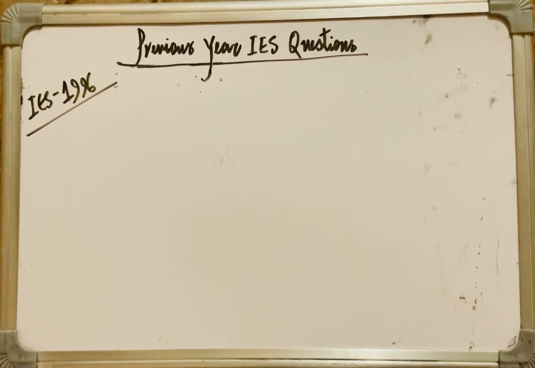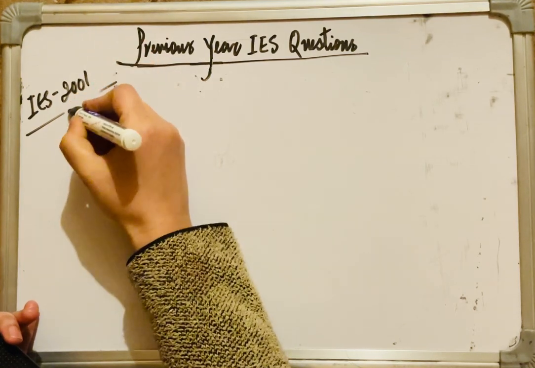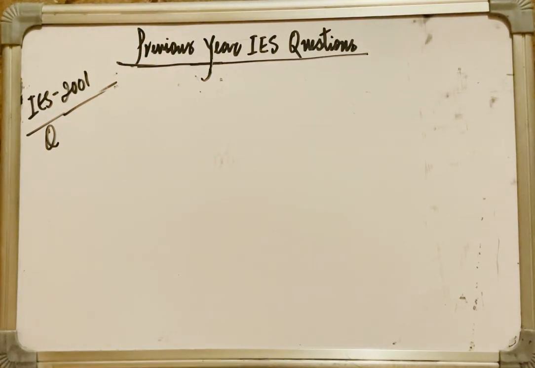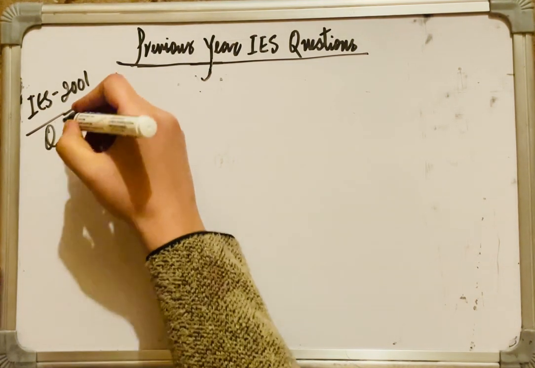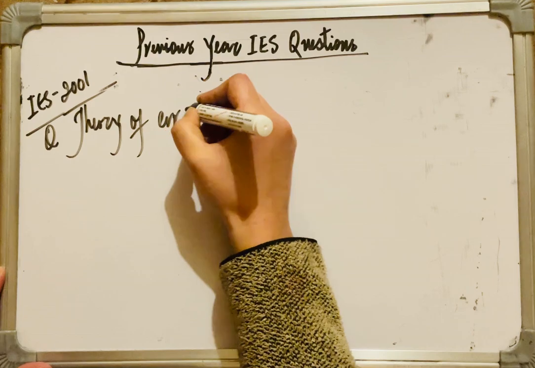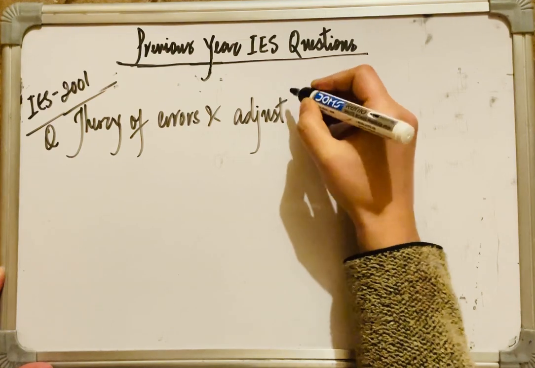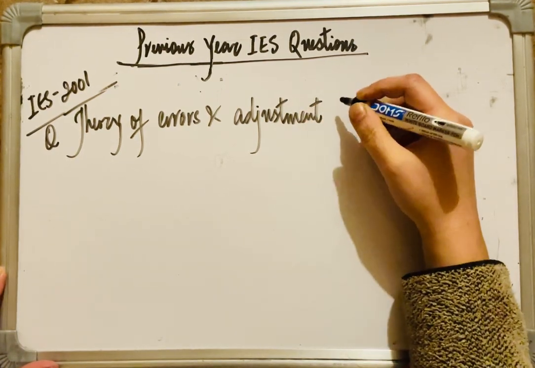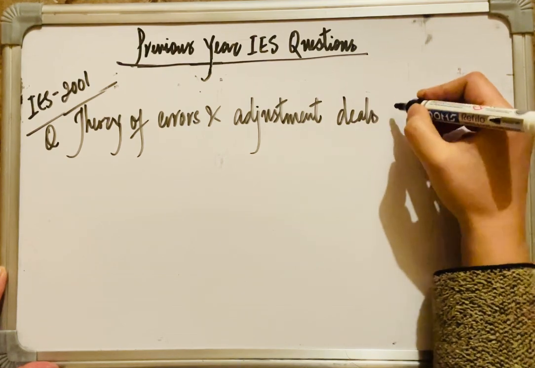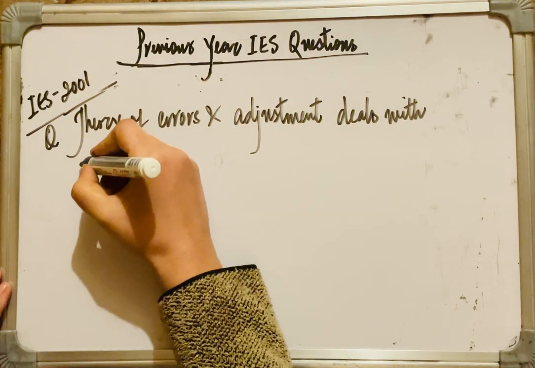This question was asked in IES 2001. And the question is, theory of errors and adjustments deals with minimizing the effects of